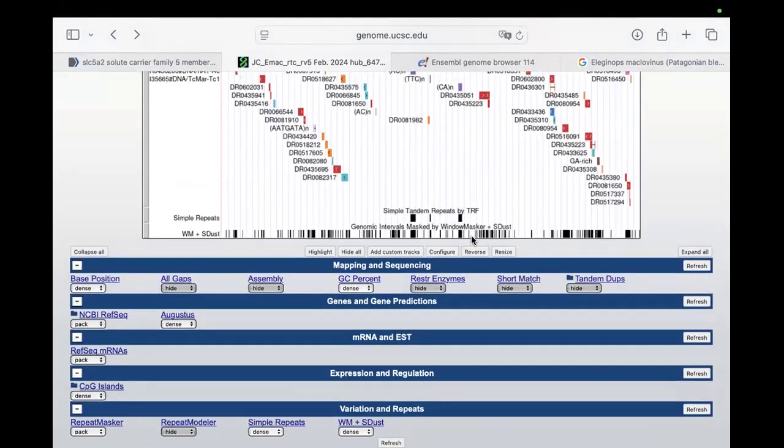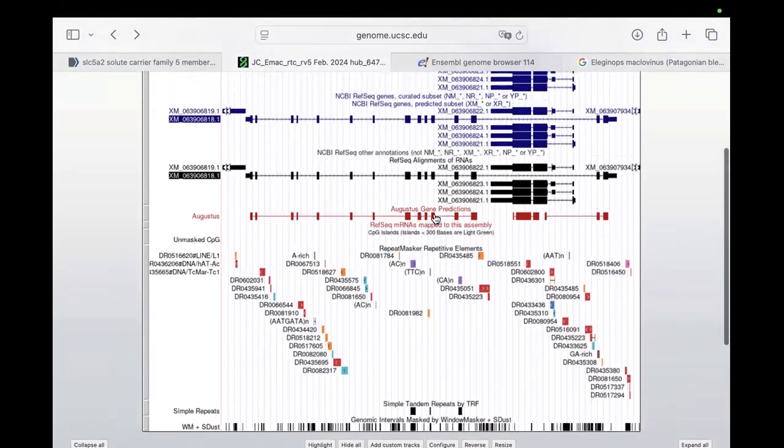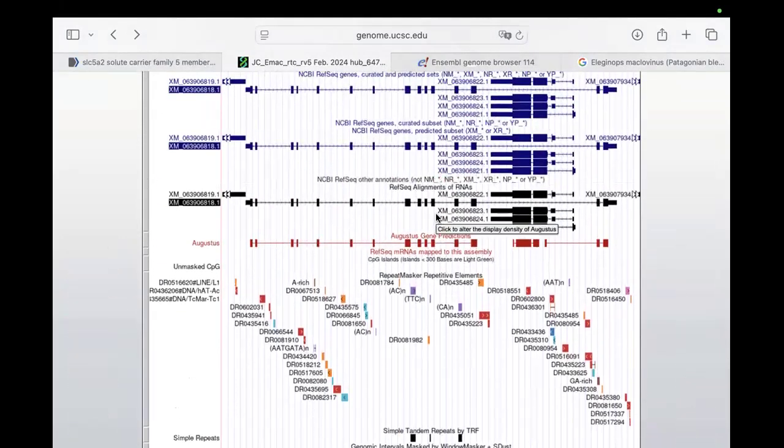UCSC genome browser. Second thing, there are different tools. For example, if I sequenced a genome and I wanted to know what the genes in my genome are, there are different tools to annotate those genomes. What tools or platforms you use to annotate the genome determines how it will be annotated. So every platform is different; the gene is still the same, but the way of annotation is slightly different. On Ensembl,